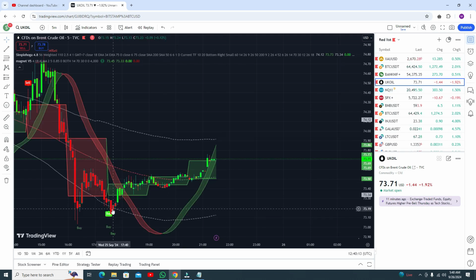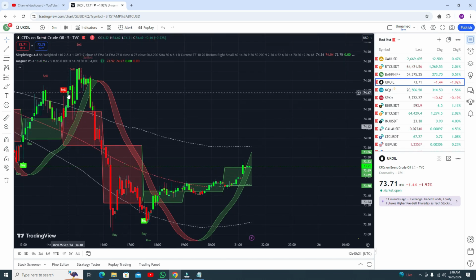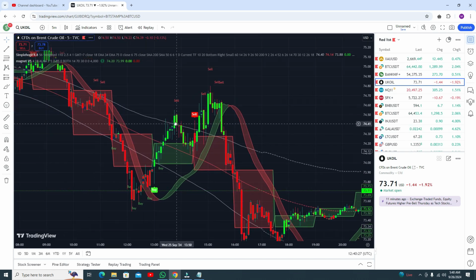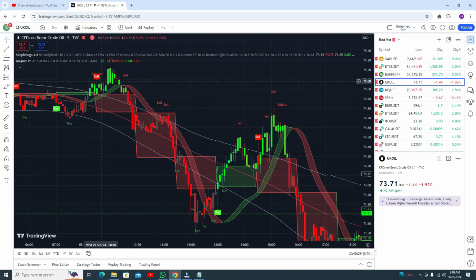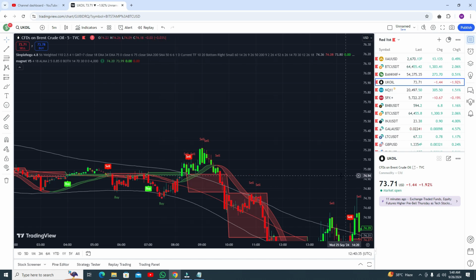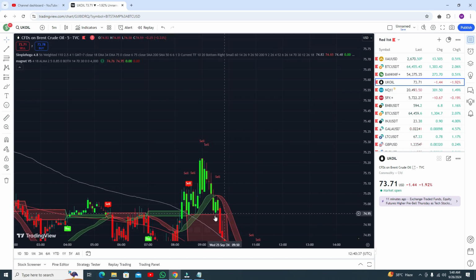Like here you can see the buy trade. Okay, this was the most recent buy signal, and now there is some good profit, and this is the sell signal, amazing profit. This was amazing. Okay, now this one is your buy trade, and you can see you got the profit here. Sell trade, amazing profit. Okay, now this one, if you need, you can go for the buy trade, but at this point you need to watch it carefully.